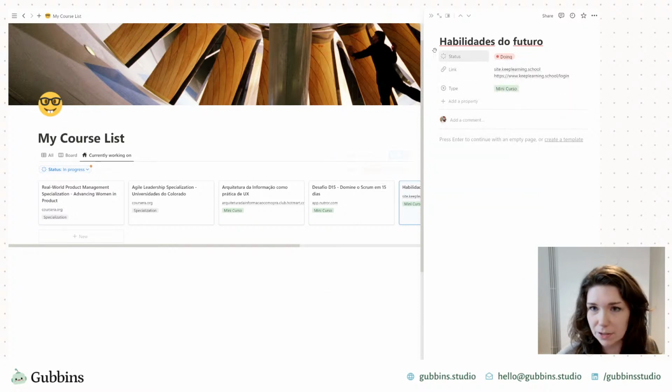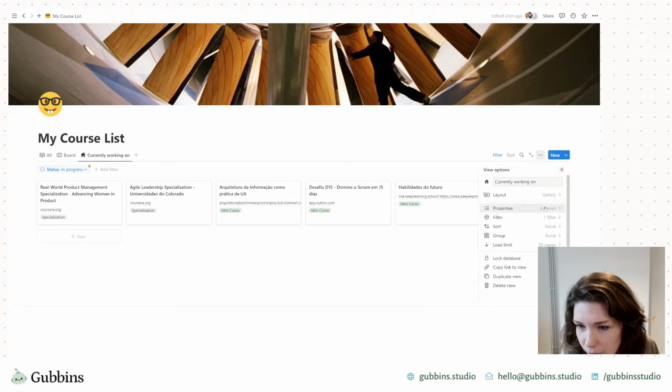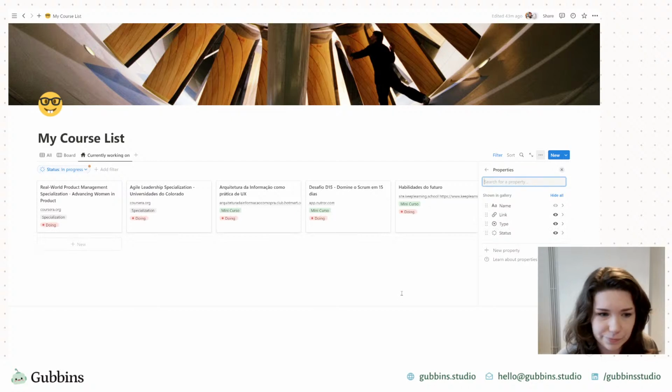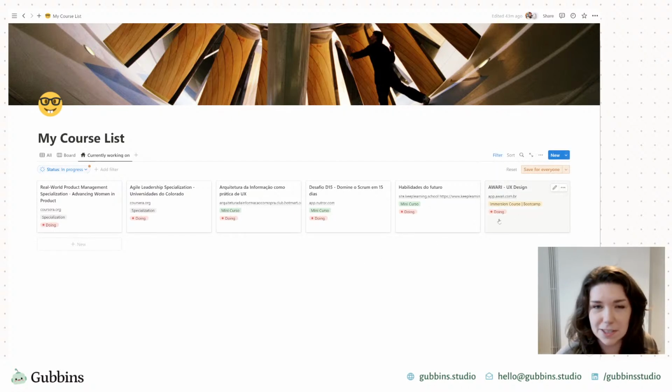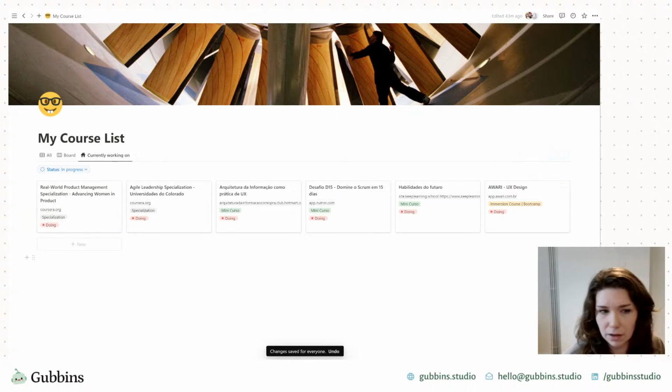So back to this view that I was making before. Here it would be helpful to show, what am I doing? Status. Obviously they're all set to doing because, as I mentioned before, I don't want to make assumptions about what she's currently doing with them. But you can see that at the moment she's working on 6 things.